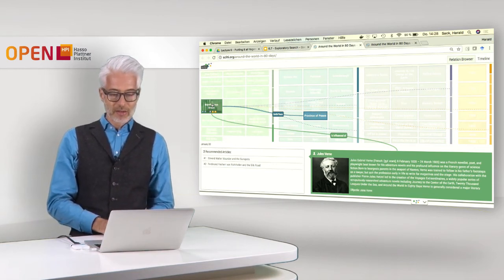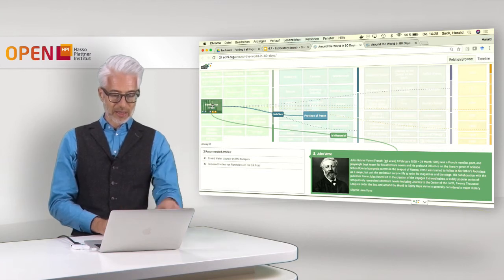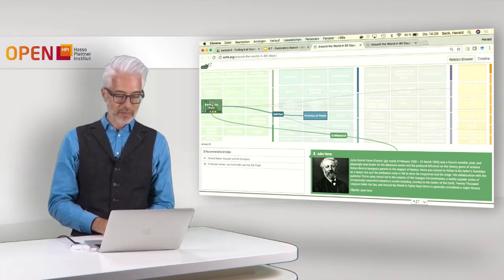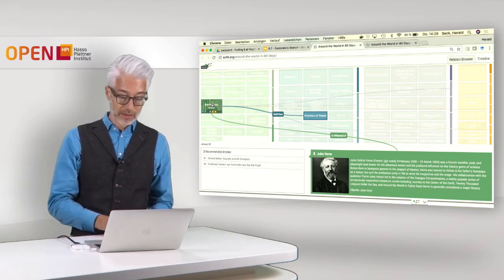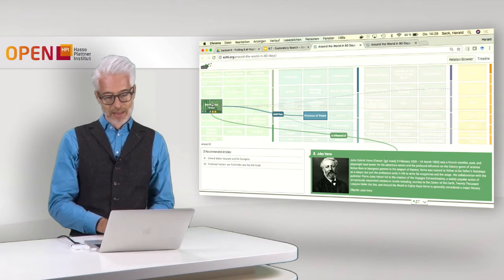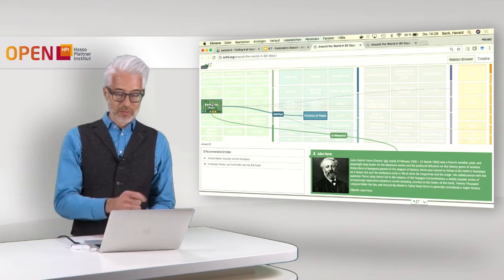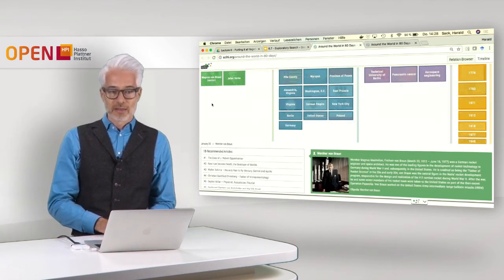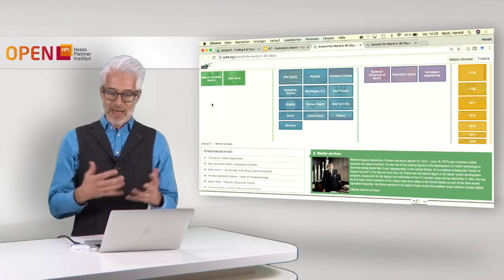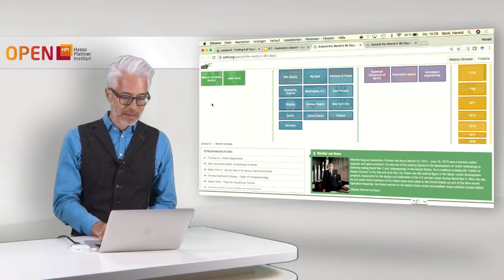Then you can see here in the relationship browser, for example, that Wernher von Braun has been influenced by Jules Verne. And you can also see another interesting piece of information if you're interested in it. For example, Wernher von Braun was born in the province of Posen. If you now want to know more about Wernher von Braun, simply click on him and he will be taken into the focus,